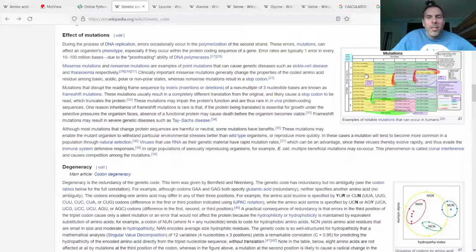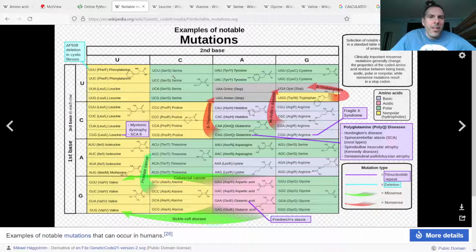So on the genetic code page on Wikipedia, this is the chart I like to go to. It's showing mutations, but the mutations are kind of on top of the actual genetic code. So you can see, like up here, leucine has 6 different possible codes that can choose leucine. Valine has 4 codes here. Glycine, 4 codes down here. Serine has 2 codes here and 4 codes up here. I don't know which one I missed. Here's alanine, if that's the one I was forgetting.